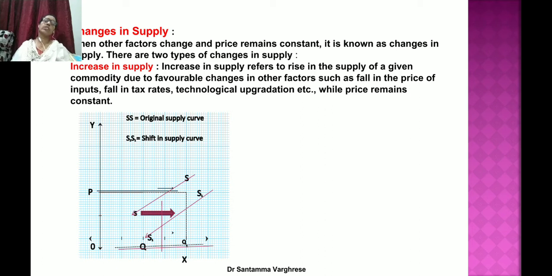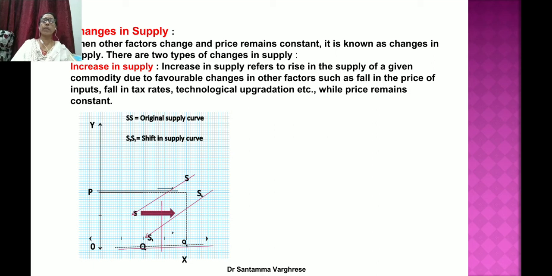In this, we can see the price indicated as OP. The price remains constant, but there is a change in supply. The supply curve shifts rightwards, showing the increase in supply. Why did this happen? Because of many factors other than price. Which are the other factors? Mentioned here are fall in tax rates, technological upgradation, and we can take climatic conditions, and many other reasons